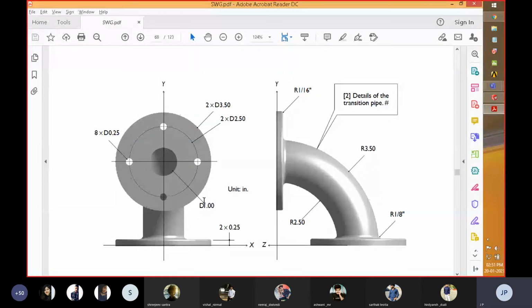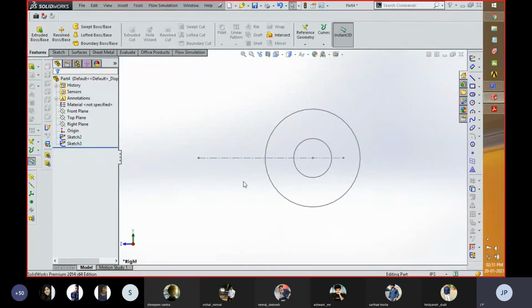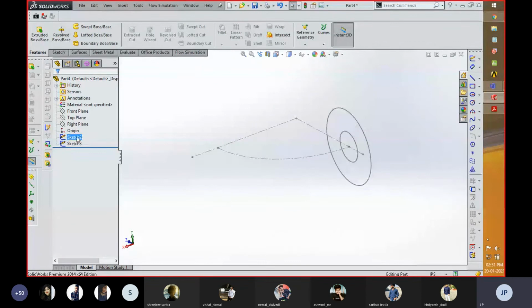So the circular part is done. Now we have to follow this path with this sketch.